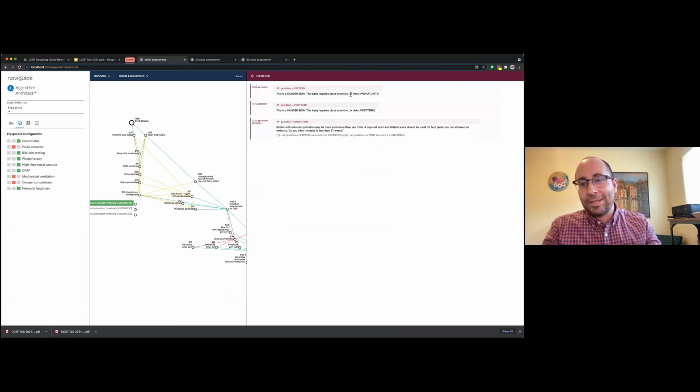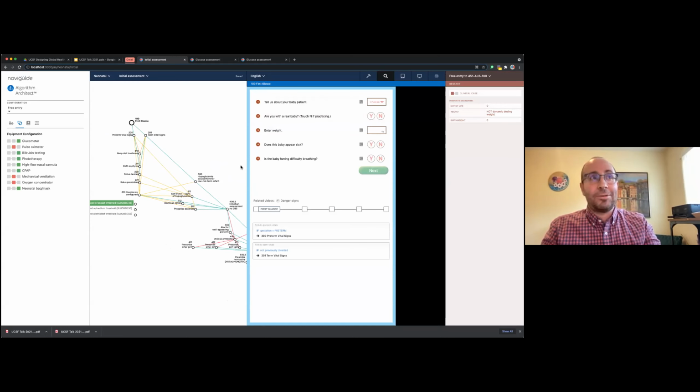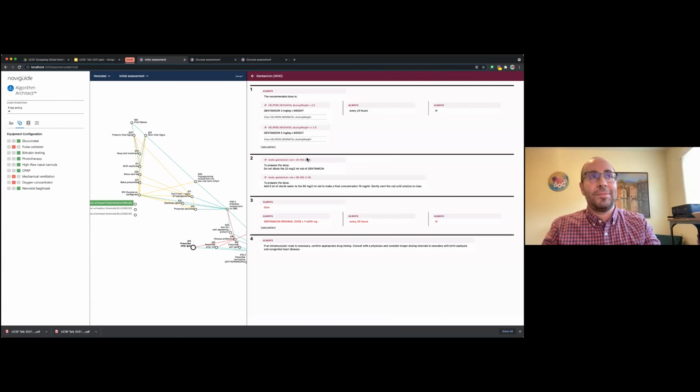But also how the data is collected is transparent, so this is going to record as prematurity. That's what's going to count as prematurity. But this includes even the complex logic, so gentamicin dosing in a WHO dosing scheme. This is how it's going to do it. It's going to say the recommended dose is this.